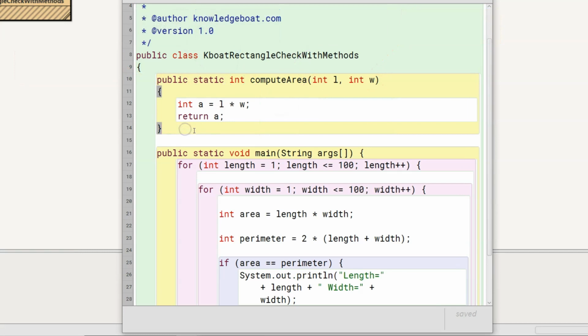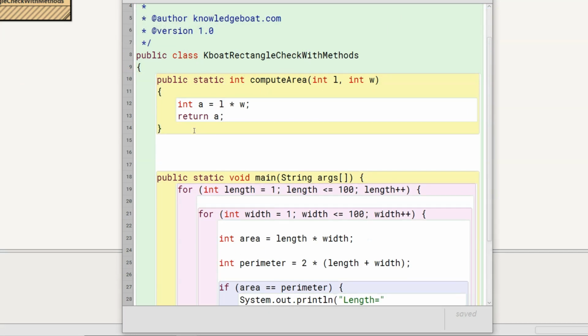Similarly, let's write the method for calculating the perimeter too. The access specifier will again be public. Modifier will be static. Return type will be int. I will name this method computePerimeter. Parameter list will be same as that of computeArea.